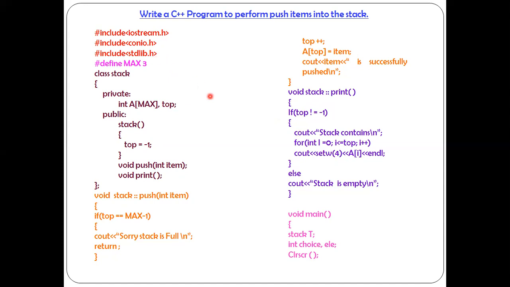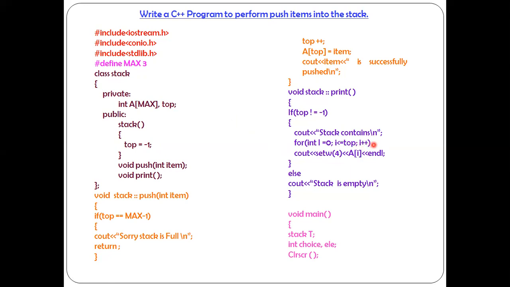Okay, so i equal to 0, i is less than or equal to 2, i plus plus. That means 0 is less than or equal to 2. Yes, it is true. That means I should get 4 blank spaces to print a of i. a of i means a of 0. What exactly is the value stored in a of 0? 10. 10 is going to be displayed. The cursor comes to the next line because of endl.